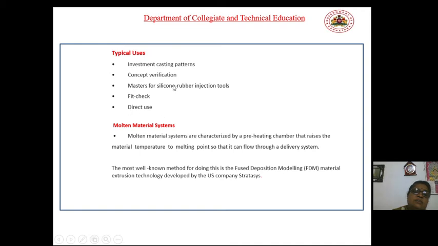These are certain typical applications of laminated object manufacturing. That is, for investment casting patterns we are using the laminated object manufacturing system. For concept verification also we are using it. As a master for manufacturing silicon rubber injection tools, we use it as master sheets. Then for fit checks, and for direct use, we are using this laminated object manufacturing system. Next let's go for